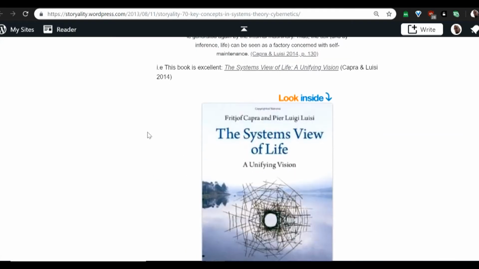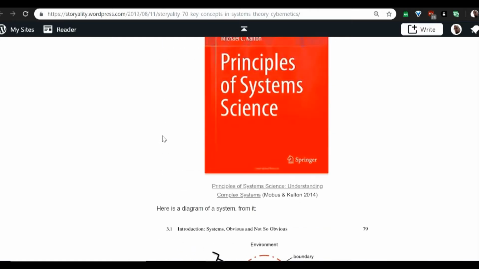A cell as a system, other good books on systems theory,